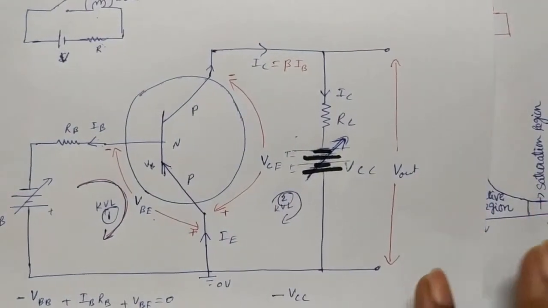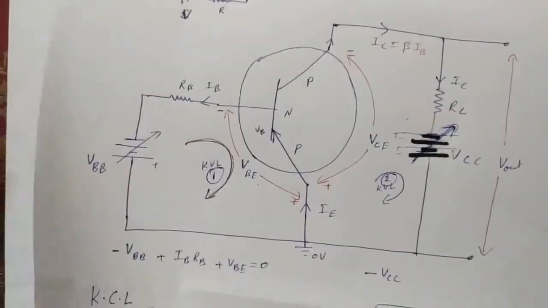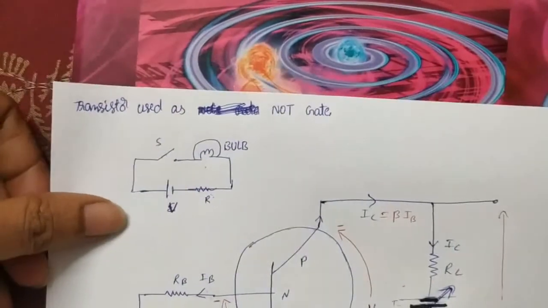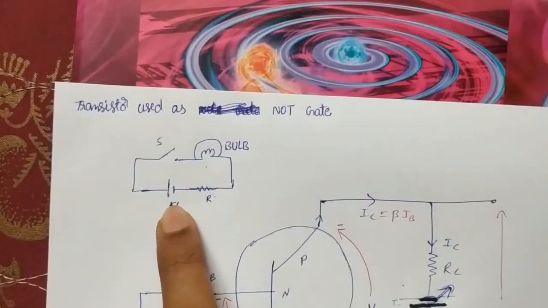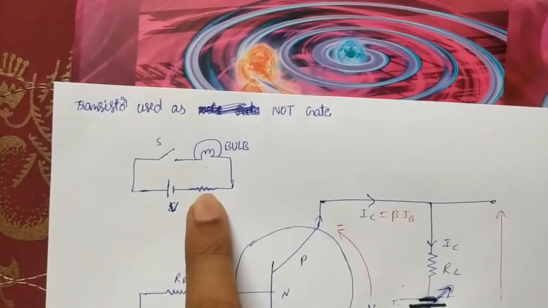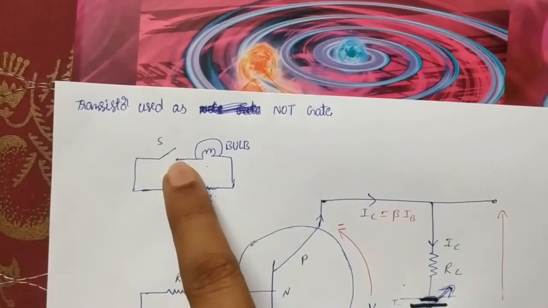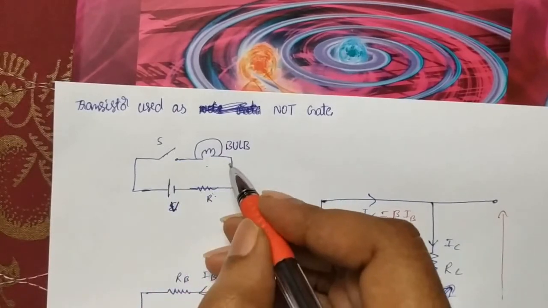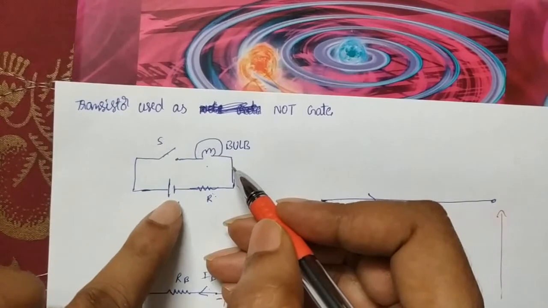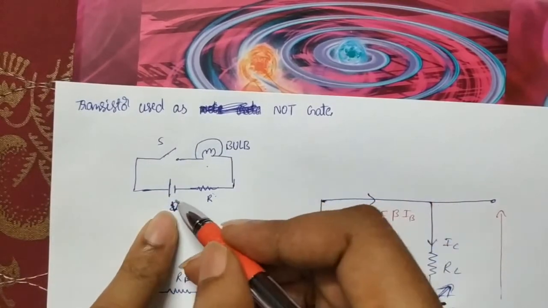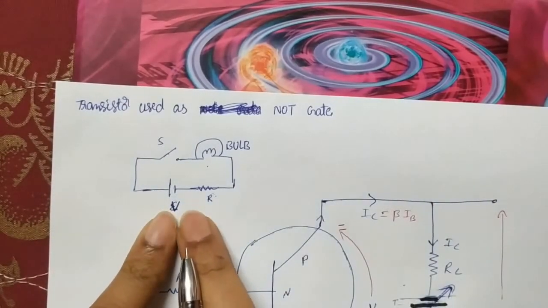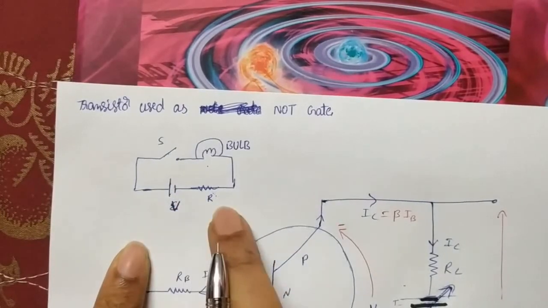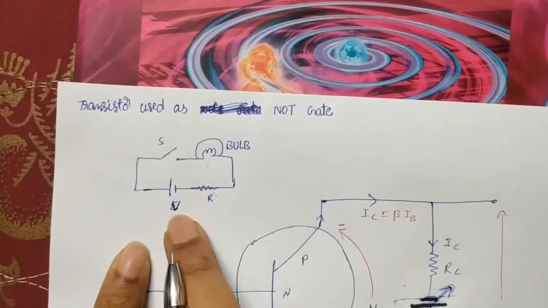Okay. Now let's see another concept, that is how we can say a circuit is closed or a circuit is open. Take a switch diagram, where a battery is there and, with the help of a resistance, it is connected with a bulb, and the switch is open. Switch is open means what happens? No current is flowing through it. No current flowing means the voltage across this battery remains the same. It won't decrease. So if there is no current, the potential across the cell is not decreasing, and it has the same value as what we take here.